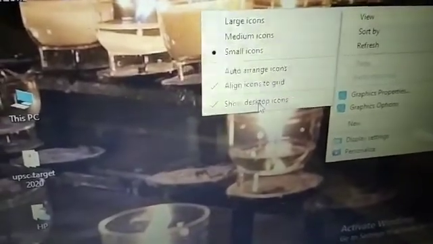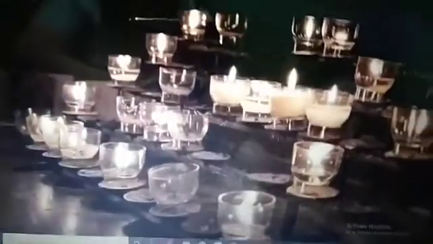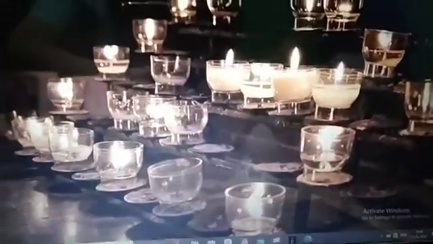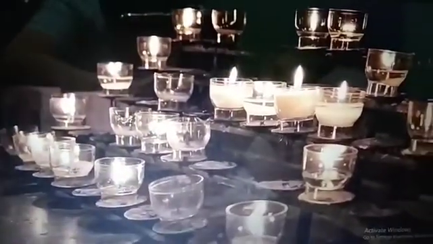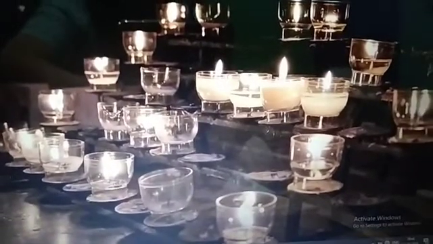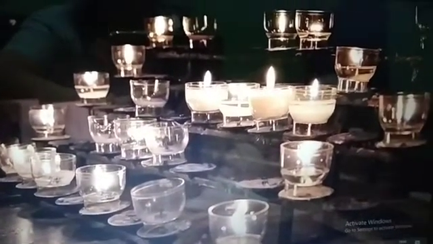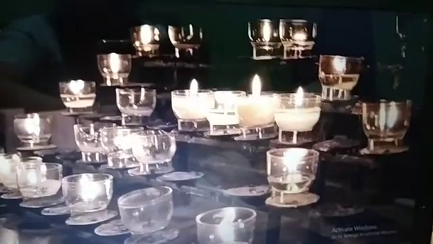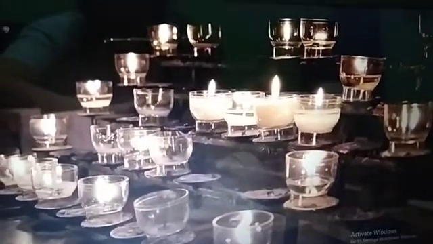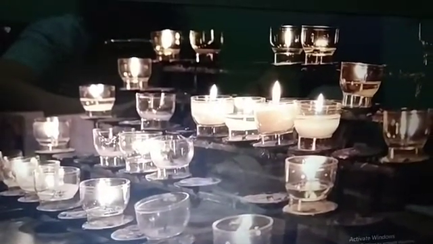When you select this one, you can see all icons are gone, means hidden. Program icons are there, but they are hidden now, no one can see the icons. So this way we can hide icons.